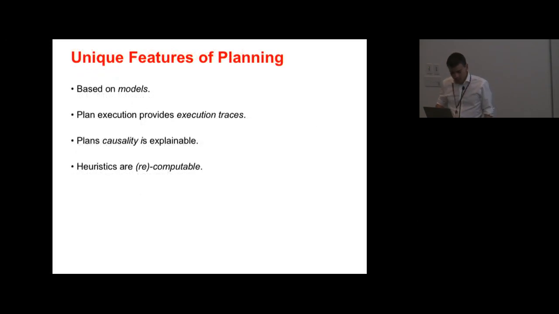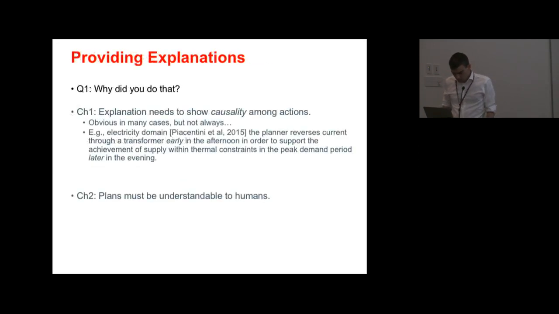As I said, planning is well placed to address the issues of explainability. First of all, because it's based on well-defined and well-understood models. Plus, the execution of plans provides you an execution trace that you can analyze post-hoc. Plan causality is explainable, meaning that you can see the reason why there is one action before the other and what the relationship between the two is. And heuristics are recomputable, meaning that you can explore the behavior of heuristics even after you use them for the first time. Now, the first question, why do you do that